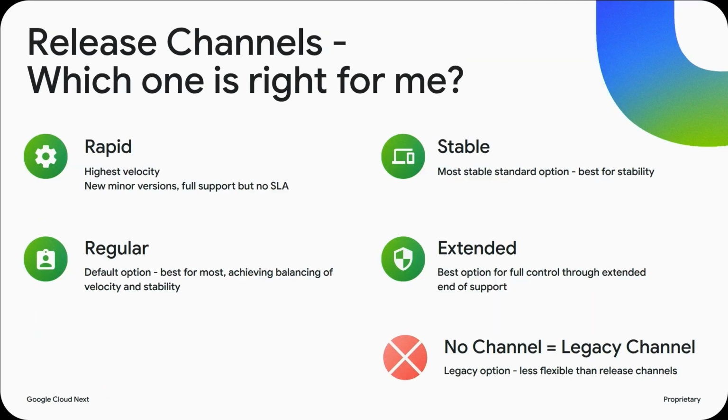So which release channel is right for you? Again, there are 3 major choices: rapid, regular, stable. If you don't know, you go to regular. If you want the highest stability, so basically you wait for enough soak time for most of our clusters to be in stable, then you're in stable. If you want the latest features, it's rapid.